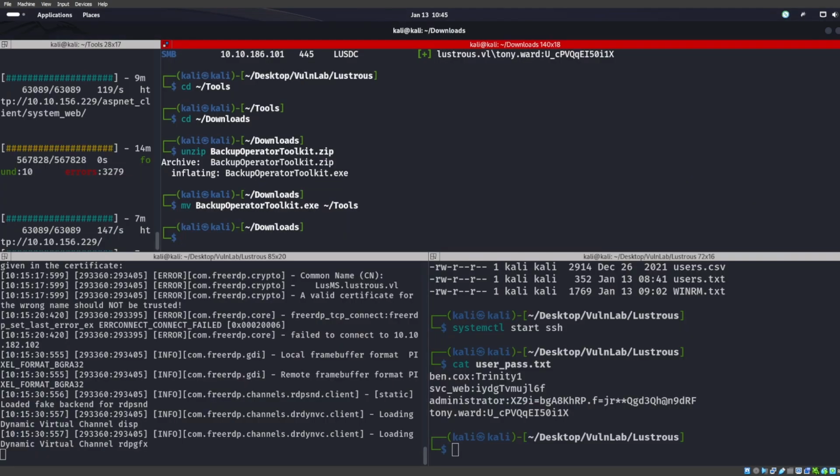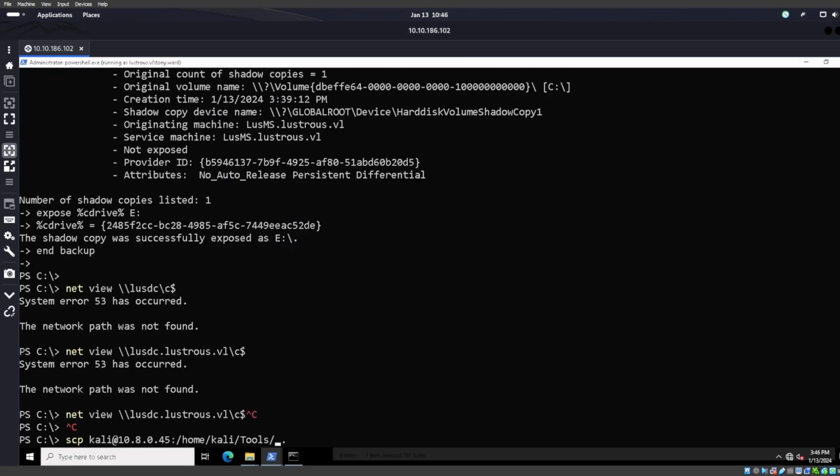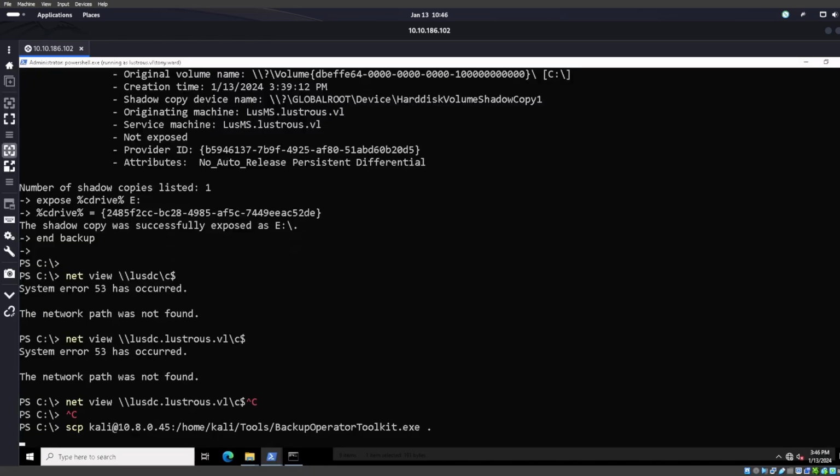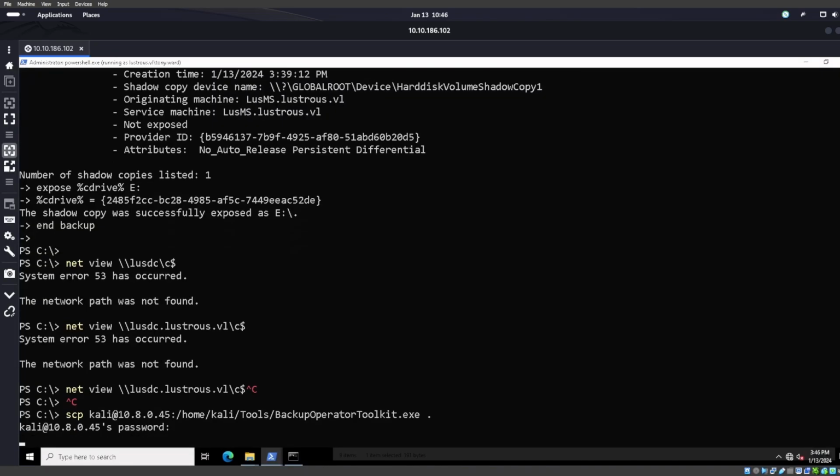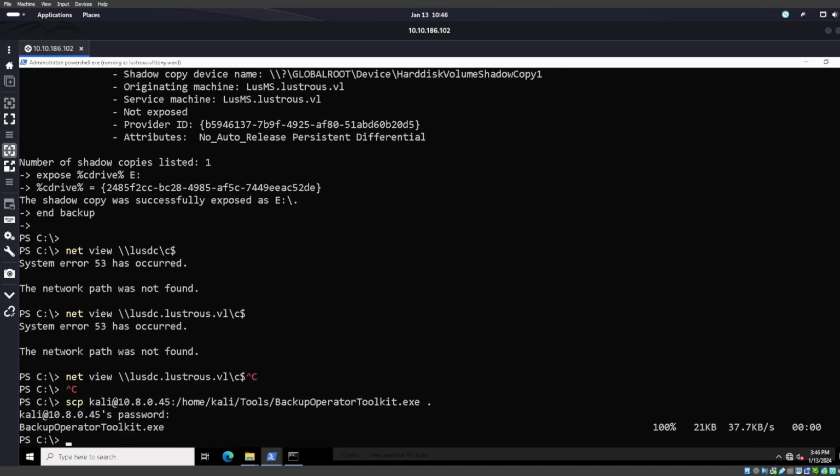What is that file actually called? There we go. Okay, now backup operator toolkit, right? Then we're going to use tac lustrous. I think this is the one that we can do it with, like this. Then we need the